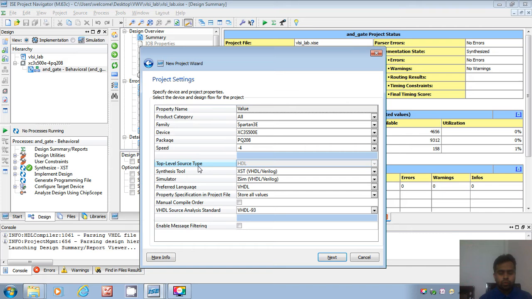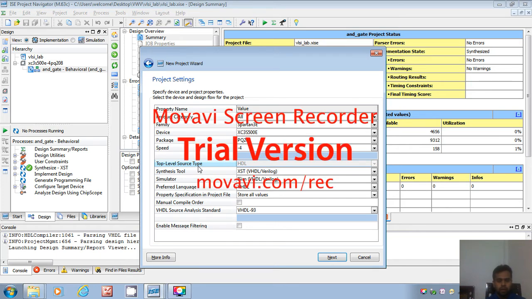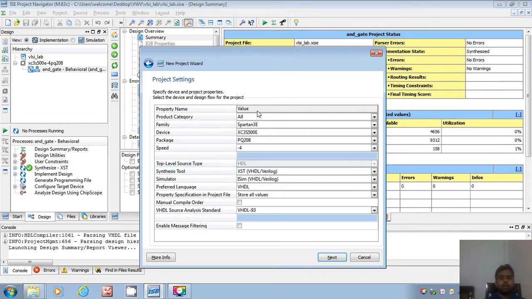If you go to next, you have to provide some information regarding the device that you are using in the laboratory, right? If you are using the Xilinx ISE kit, you have to select the product category, which you select as All. Family is the family of the device you are using.